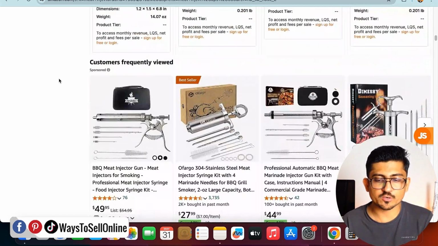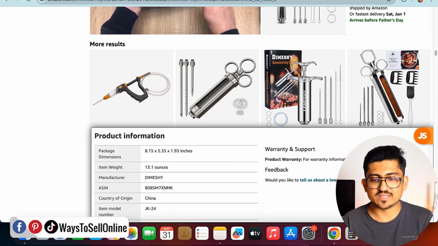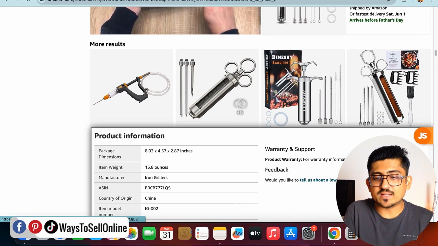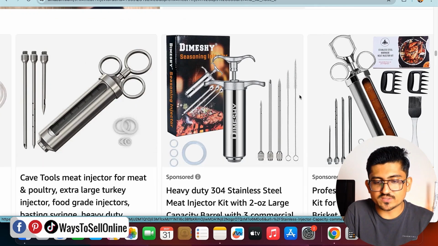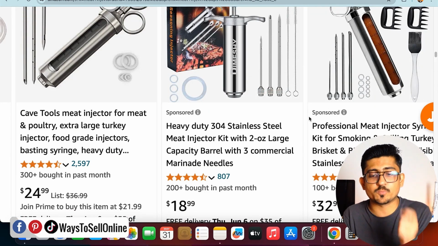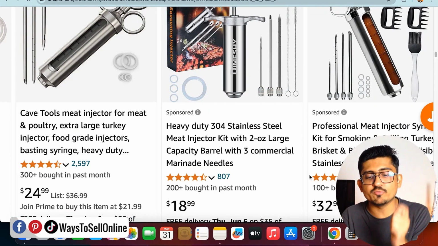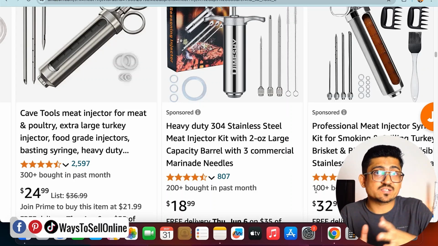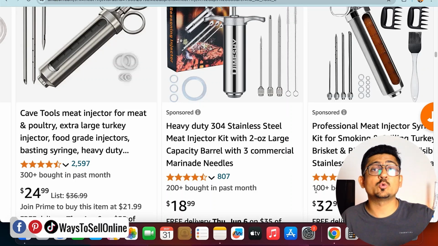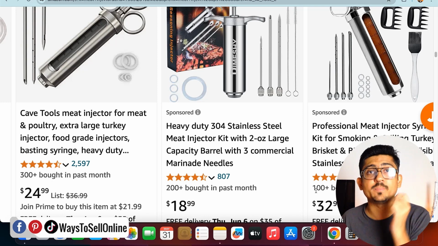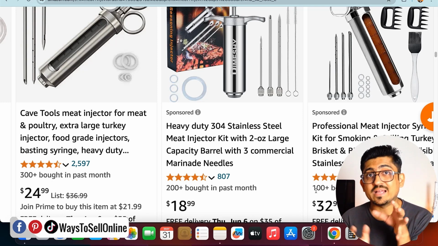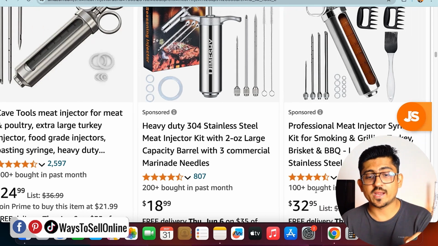If you scroll further down on this page, you can see on the right side, this one. As you can see, this is a new seller, because they are running a sponsored ad and they have sold only 100 units in the past. As compared to that old seller who is selling 2,000 pieces, he is selling only 100 pieces. So that is very less, but I can see that this is a new seller, and from the main image